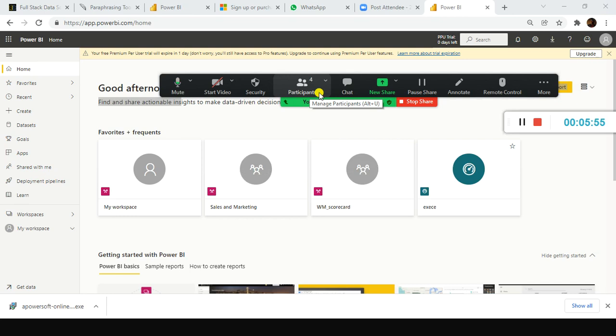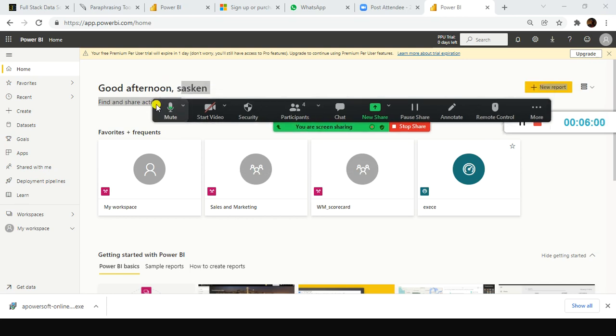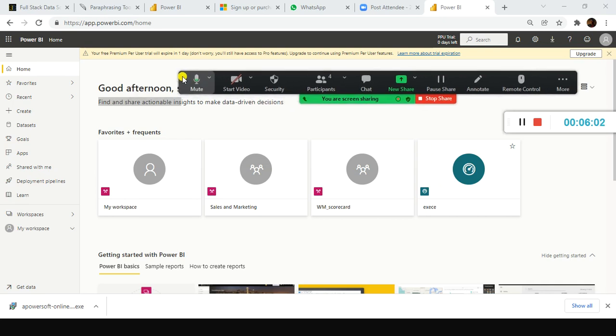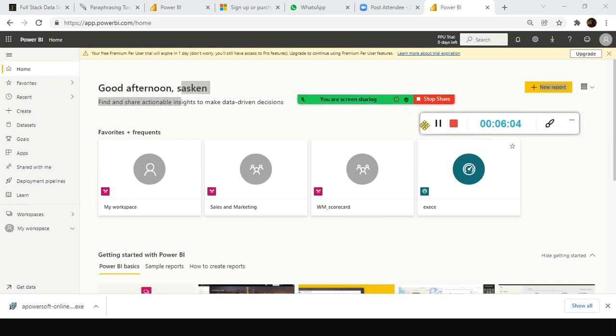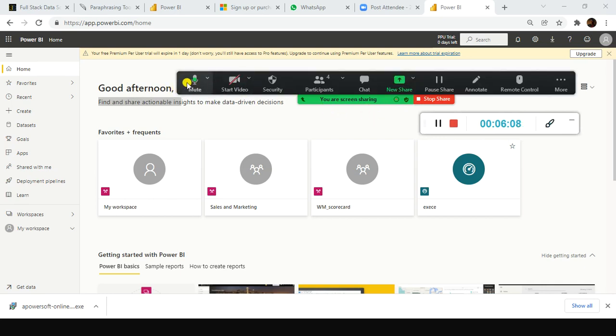They ask about the GST number, all these things. I don't know why so many formalities. Individuals can probably explore it, but it's not simple and straightforward like other tools. Even with Tableau, if you want to buy it, you can make the payment and buy it, but the cost is very, very high.